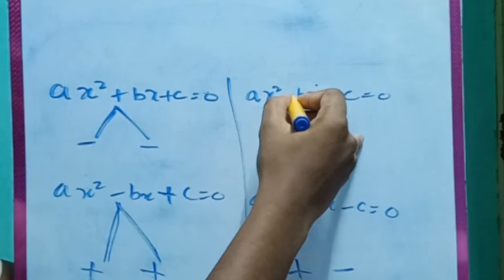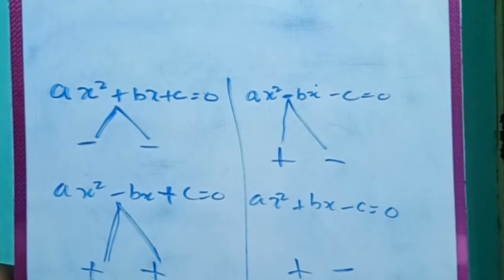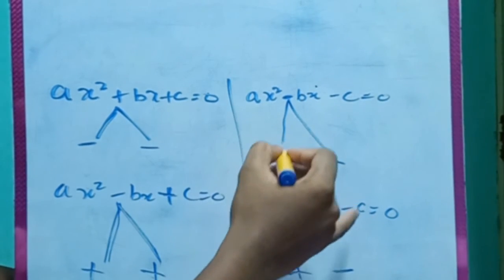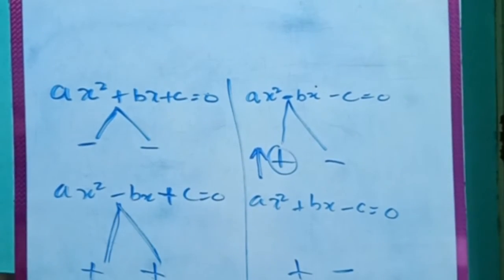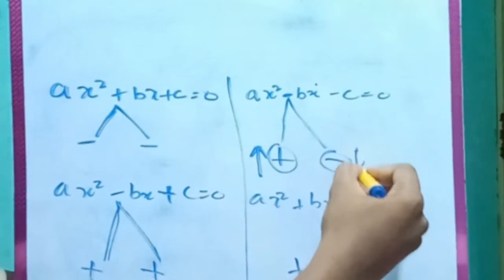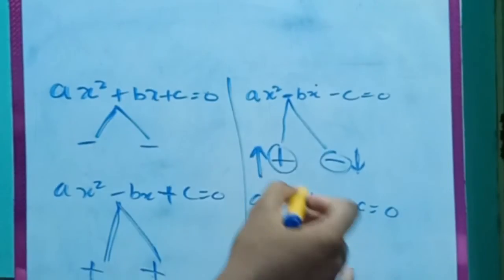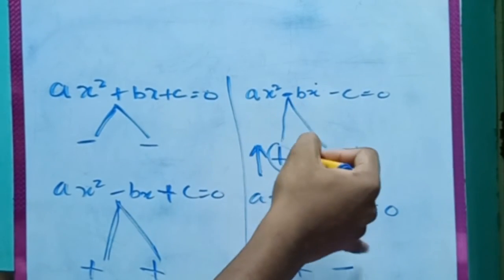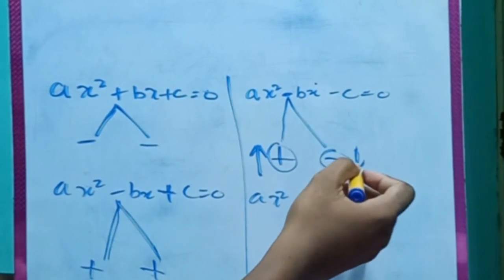If there is a minus sign in front of the b variable, the b coefficient, the root which has the plus value should be a bigger value, and the minus sign root should be a smaller one. Okay, just note it down, guys. If it's possible, just take a screenshot. If there is a minus sign in front of b, the positive root value should be higher and the negative root value should be lower, then only you can split it.